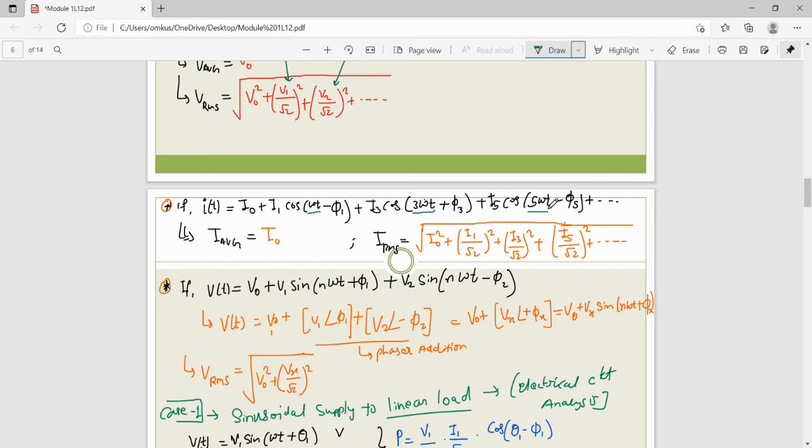But the main motto is how to find the average value and RMS value of this current signal. So average value is always the DC value for this, because these are all symmetrical signals. So the rest of the components of the sine or cos terms will cancel out when taking the average value. But when we take the RMS value, you have to use the concept from above, which is equal to I naught square plus I1 by root 2 square and sum of all, and take the square root of them. So by which you can easily find the RMS value of that.